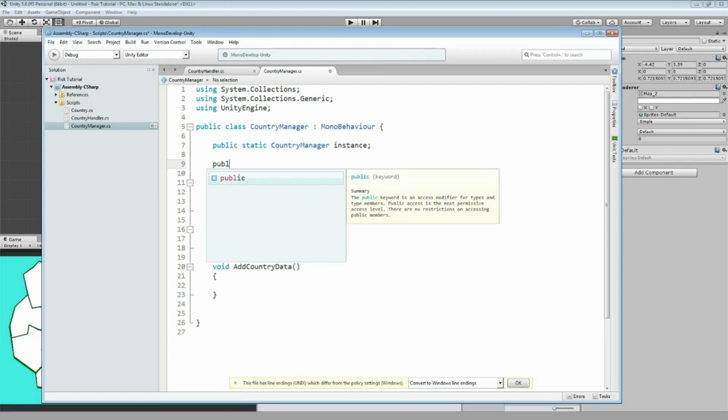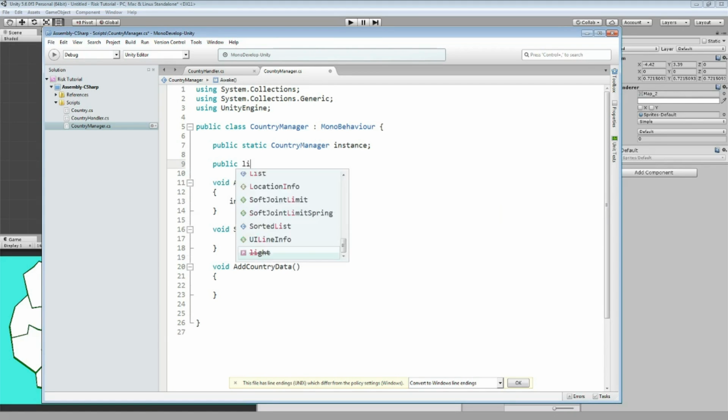So it's type public. At first the type is a list. If you don't have access to lists because you're maybe using an older version of Unity, make sure that you are using the namespace using System.Collections.Generic. Otherwise, you don't have access to lists. If it's inside already for you because you use a newer version of Unity, then just feel free to type in list in that particular case. So in the angle brackets, we're gonna type in GameObject, since those are game objects we want to pass into that list and take care of. And it's just a name like country